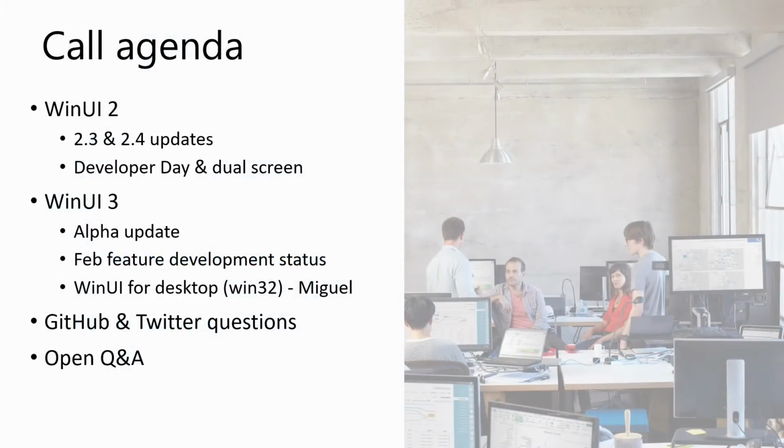So today our plan is to talk about WinUI 2, including 2.3 and 2.4 updates. So this is the version we have out stable right now, as well as the upcoming version we're working on. Give a little bit of an update on the Microsoft 365 Developer Day and some of the dual screen development information that was announced last week as well, and this week. As well as give an update on WinUI 3, so what's the latest on the alpha, talk about our feature development status this month, and then we're going to hopefully spend most of our time talking with Miguel about WinUI